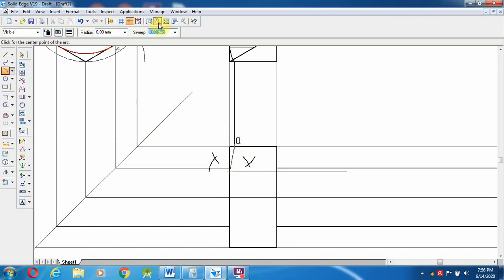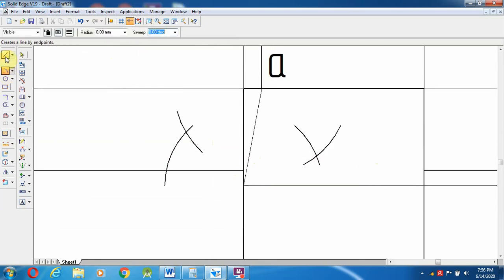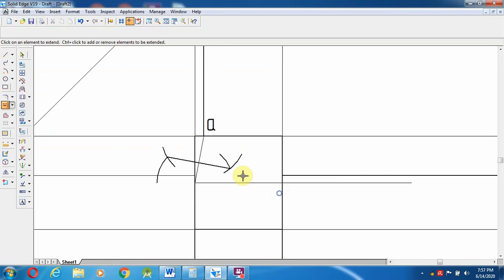Wherever it will be cut, then select a line. Wherever this intersects, we could not see the intersection point clearly. One end of the arc you can cut it, because the end point you can see over here. So select a line. From here to this end point I am going to join over here, give a fit, and select extend to next. Go to over here, extend to next. This is the line I am going to extend towards the next one.